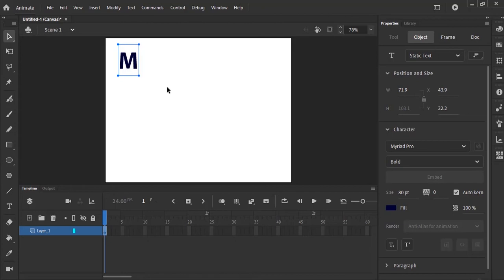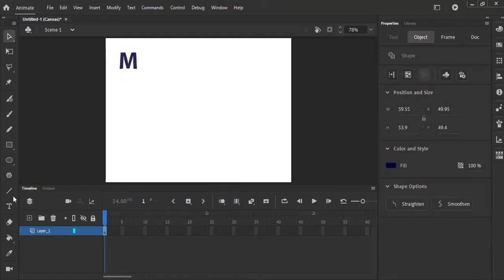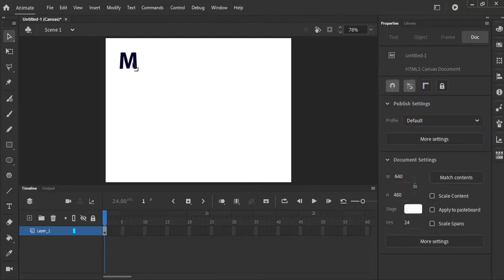And before you animate text, it's important to break it apart. Breaking it apart makes your animation much smoother. So to break apart, you can right click and select break apart, or press Ctrl B. So once you've done that,